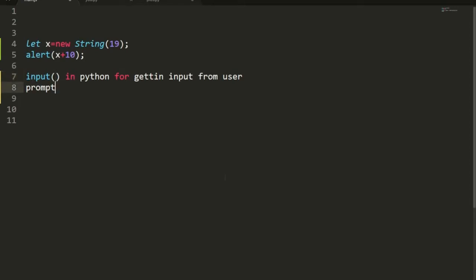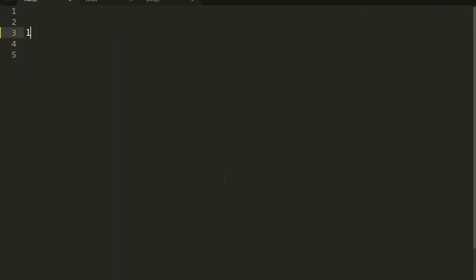And in JavaScript we have a prompt method, and let me show you one example of this. Let's say let x is equal to prompt, and we say how are you. So we are asking the user the question, how are you. Then alert x, saving with Control S, and running in our CMD.